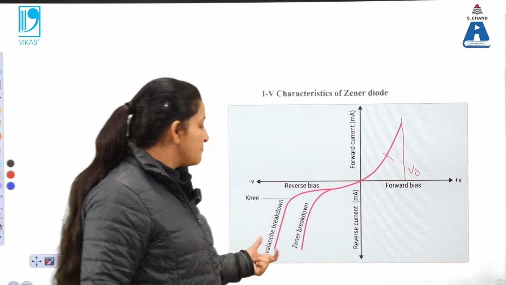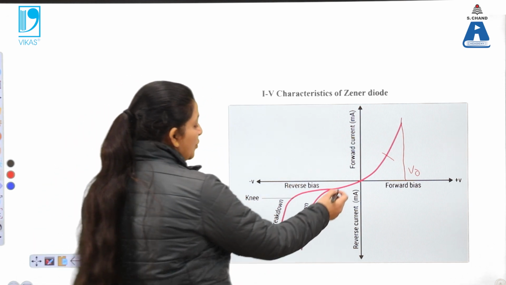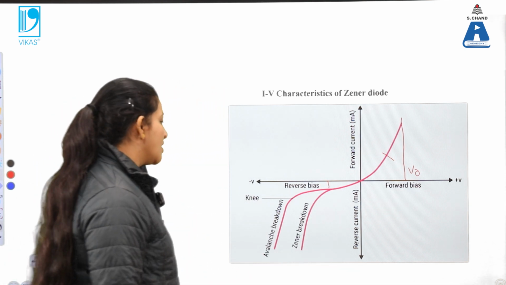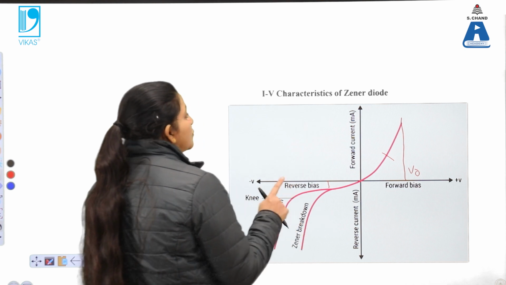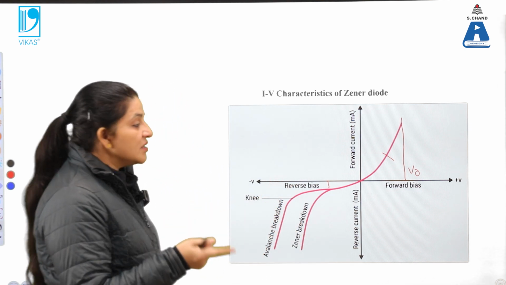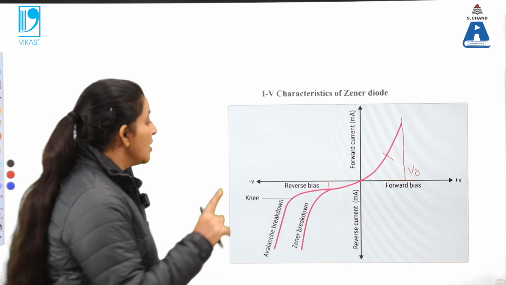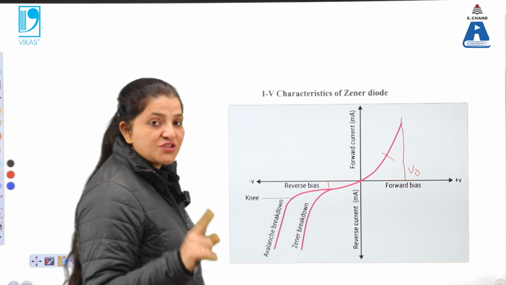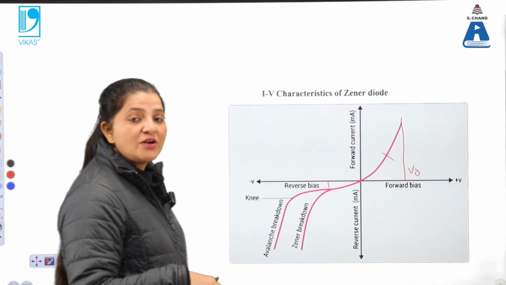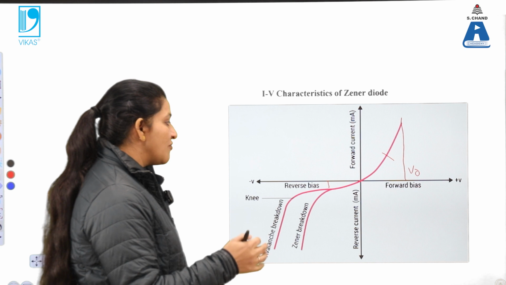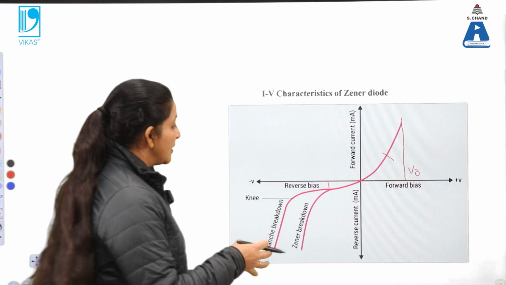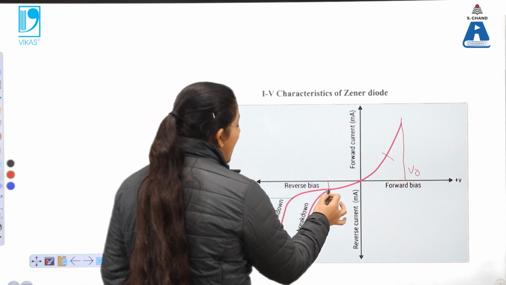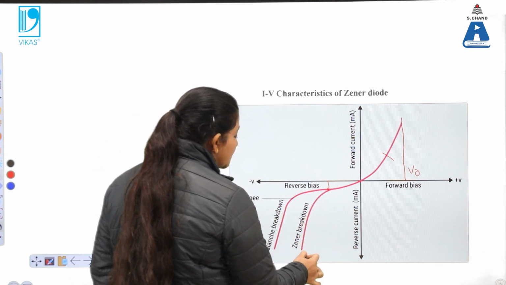Now what will happen in the reverse direction? In the reverse direction, we know that up to this voltage there is a current due to minority charge carriers, but in the case of the Zener diode, heavy doping is done. So due to heavy doping, a large amount of charge carriers are present. These charge carriers will drift towards the ions and eject other electrons, and due to this ejection of charge carriers, a Zener breakdown occurs, meaning at this voltage there is an enhancement in the current.